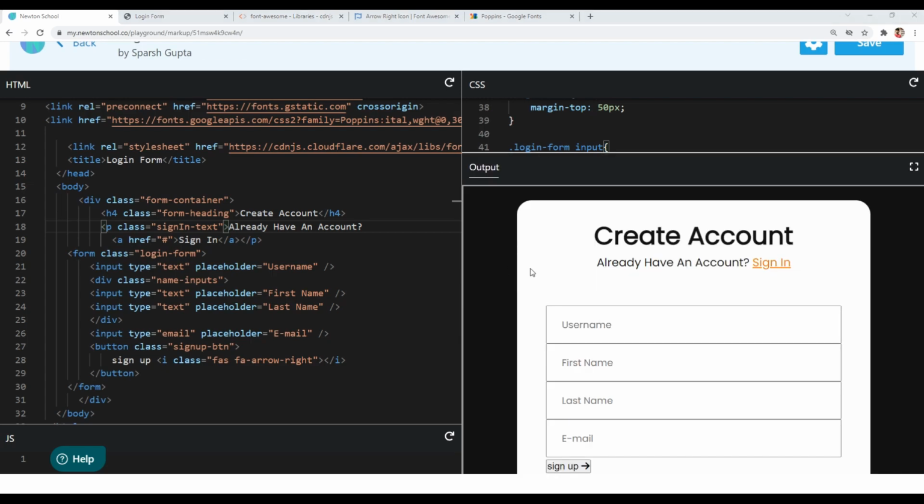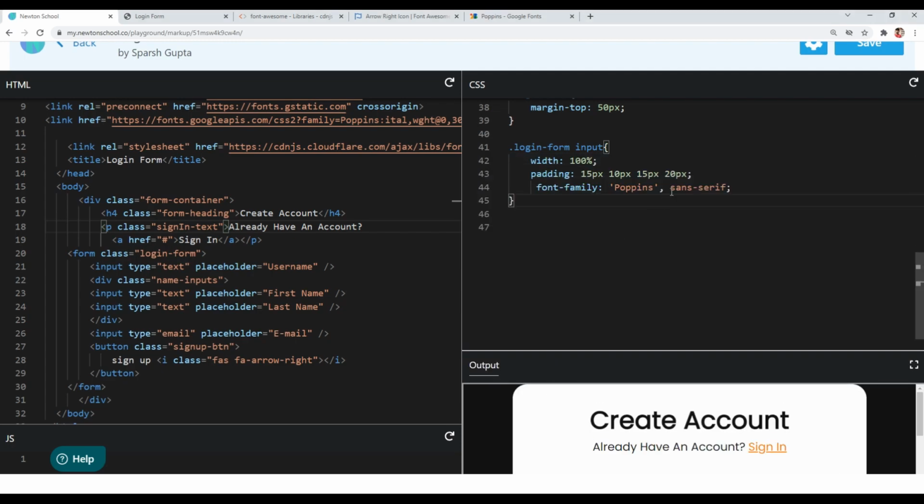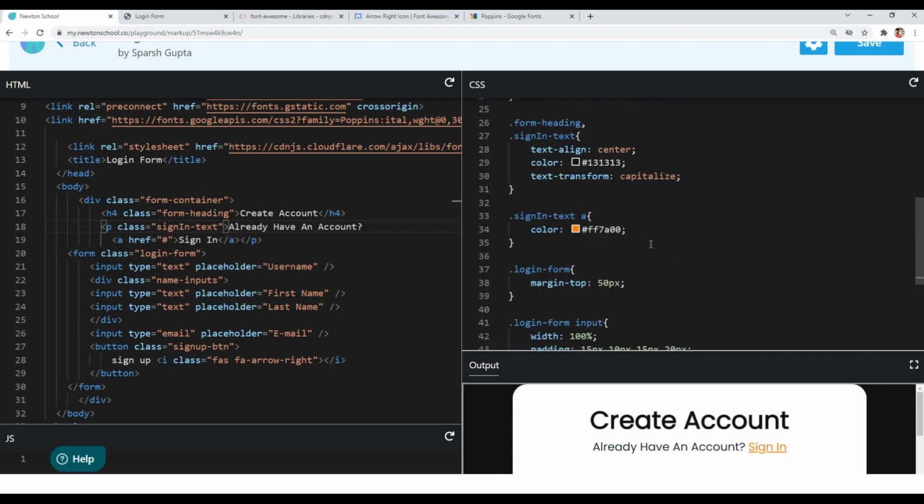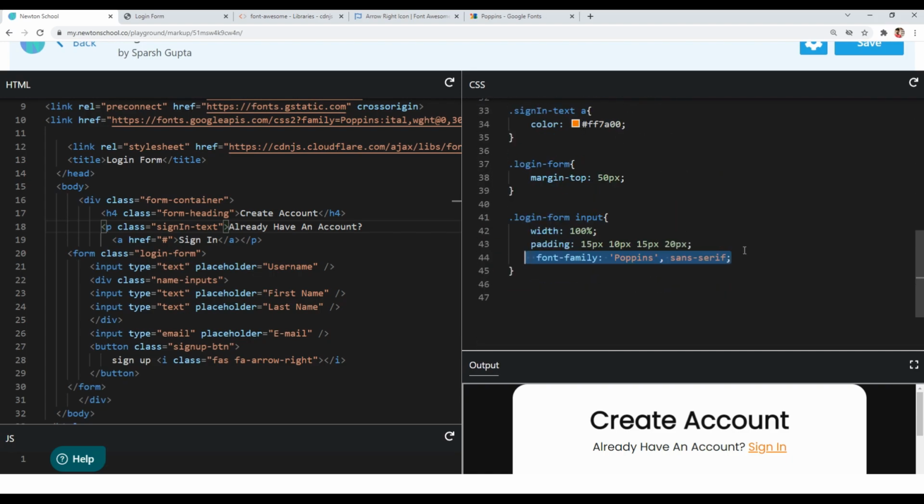Also, just to tell you guys, the input and button in any form don't inherit the font-family property from the parent. You can see they are not inheriting the Poppins font from the body tag. So you can copy the font-family from the body tag and paste it in the input tag and button tag.